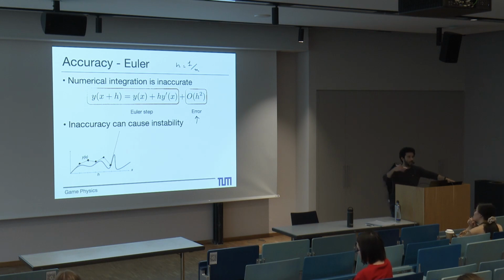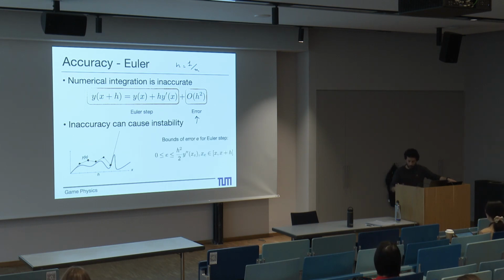It means that the higher the number of points that we are considering in the given interval, the smaller the step size that we are considering. So in that sense, the error is going to be proportional to some extent to the size of the step. But again, as we have seen before, we can actually write a bound, at least in this case for Euler. In fact, the error is going to be bounded between 0, if we are very lucky, or the first term that we have removed from the